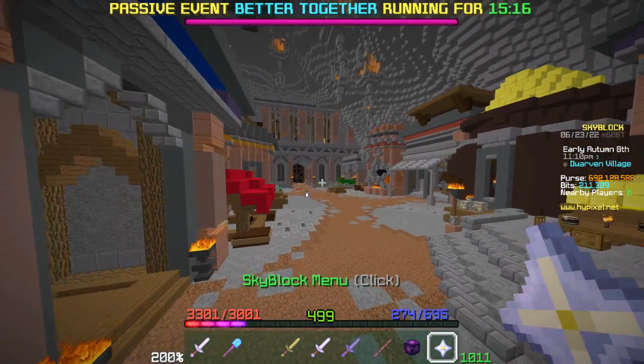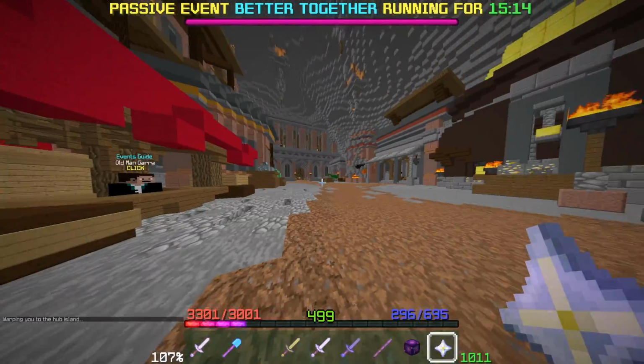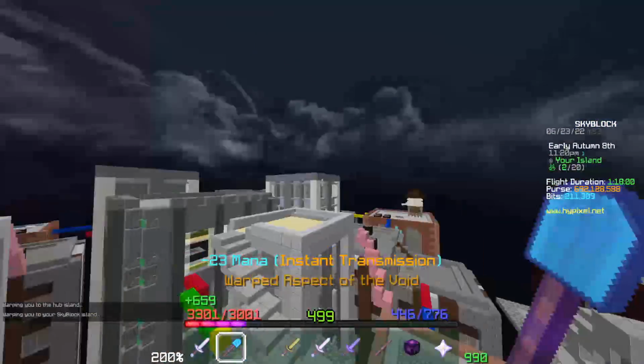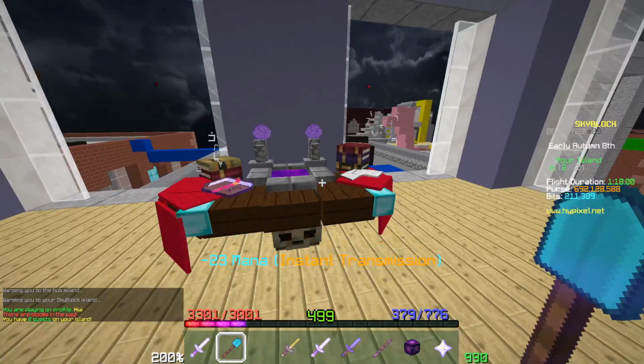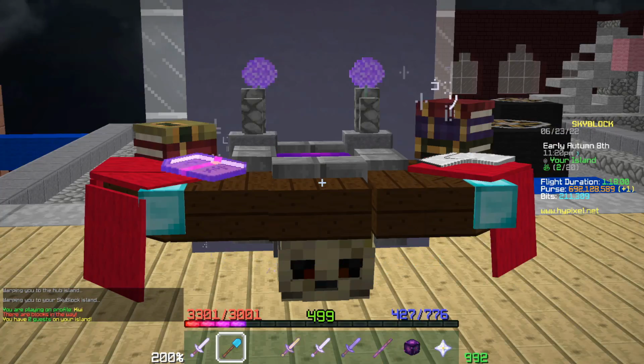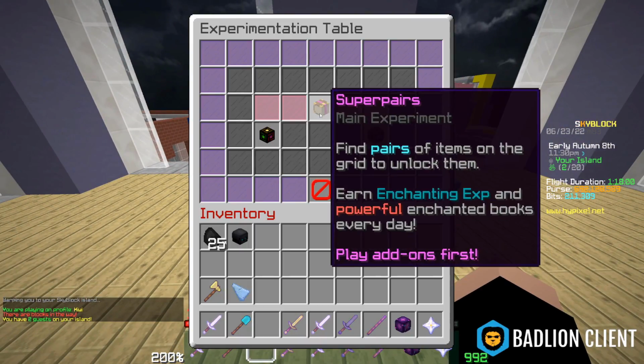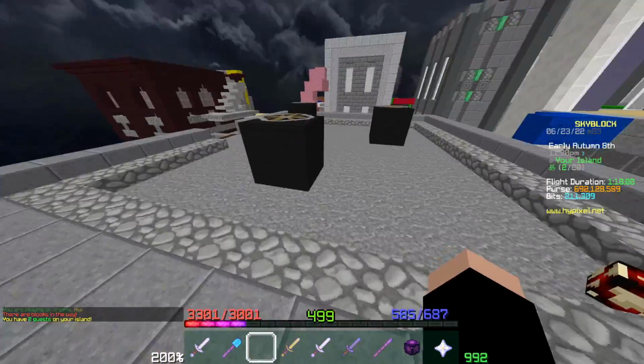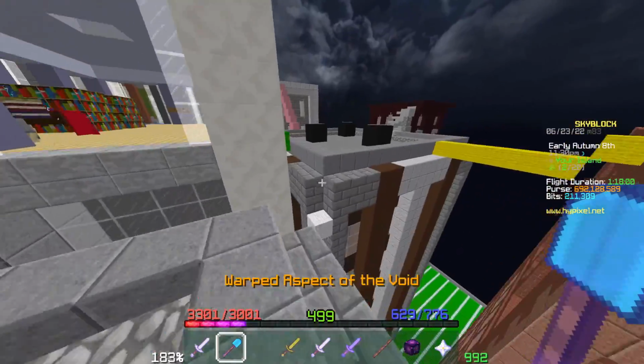Also, same goes for the experimentation table minigame. You should be starting this as soon as possible. For those of you that don't know, enchanting is a skill that really is just time locked if you don't have a lot of gems. So put down your experimentation table, do your mini games every single day as soon as humanly possible, because trust